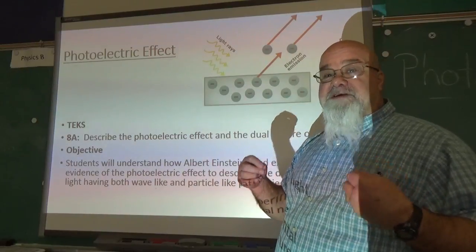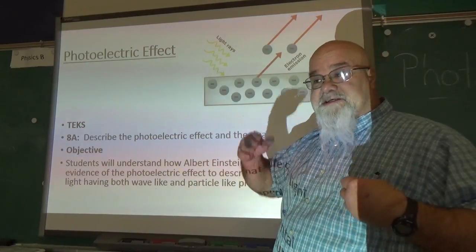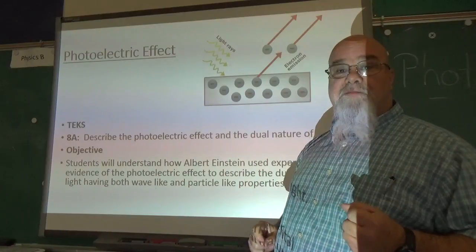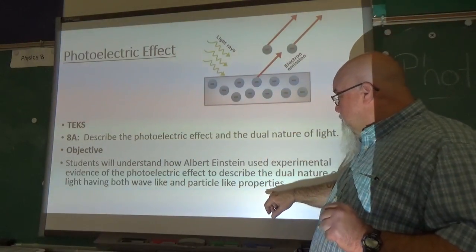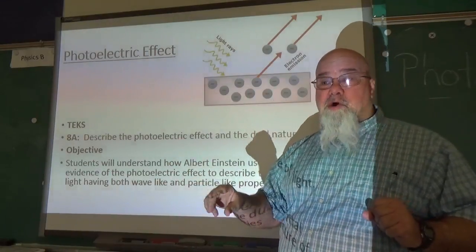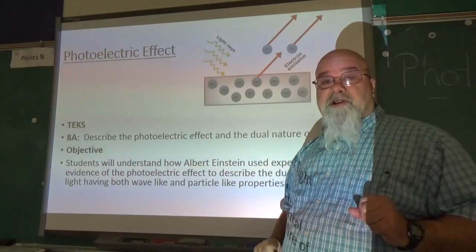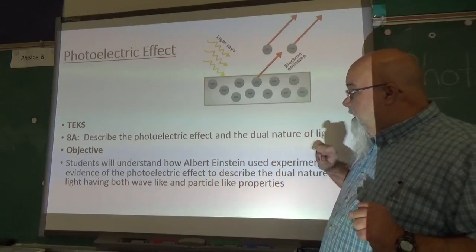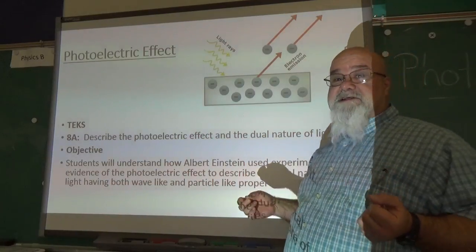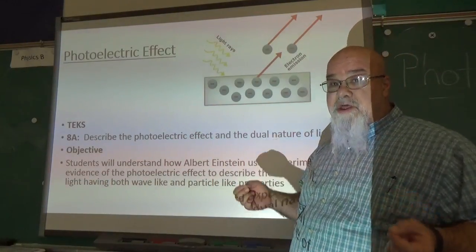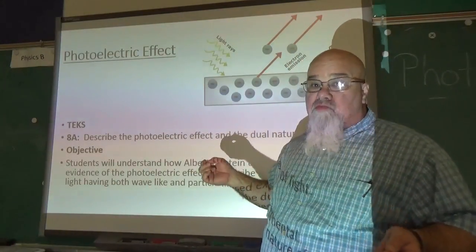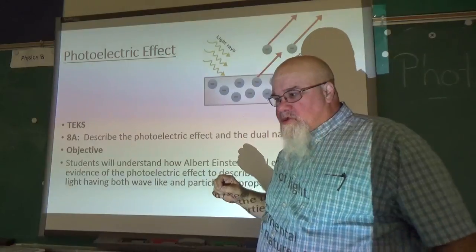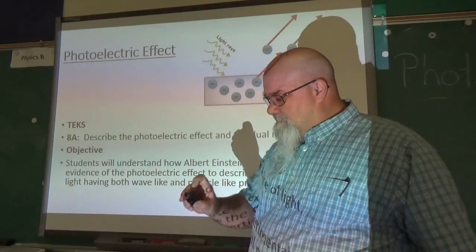People think of light, or physicists used to think of light, as just a wave, like a mechanical wave, part of the electromagnetic spectrum that we studied before. But we also discovered it will act like a particle, like a chunk, like a little electron. So we're going to understand how that was. Albert Einstein did a lot of work on this, along with Bohr and a ton of scientists. So we're going to see how we go on this.